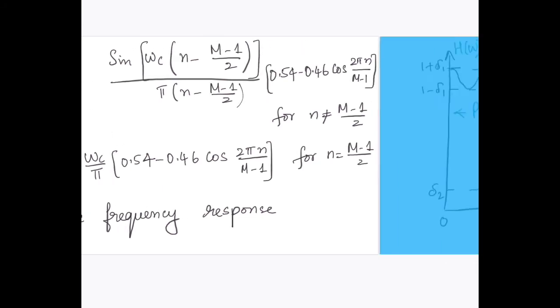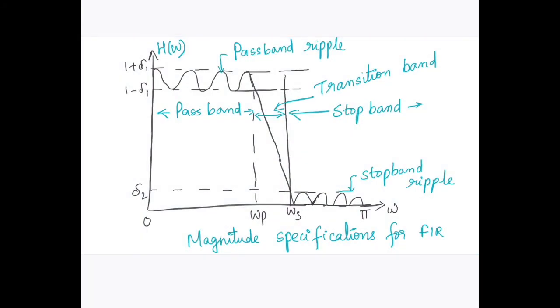This is how the basic magnitude specification for an FIR filter looks. Till this is the passband frequency. This is a low pass filter design. Till this it will be passed, and here you have the passband ripple. This is the passband and this is the stop band frequency. The part omega s minus omega p is the transition band, and the rest of the area is the stop band. Below here we have the stop band ripple.